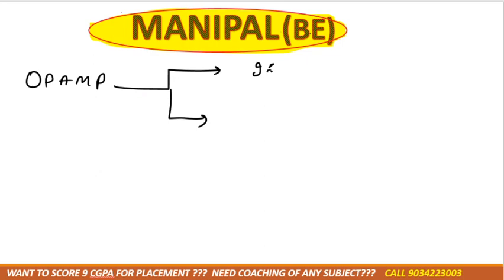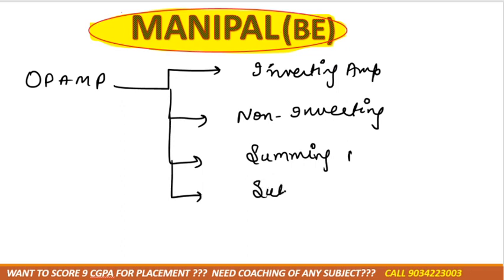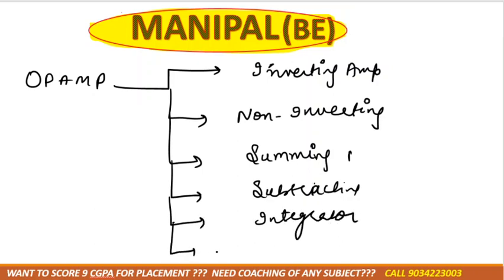One is the inverting amplifier, another one is the non-inverting amplifier, another one is the summing amplifier, another one is the subtracting amplifier, then we'll have integrator, and then we'll have differentiator. Okay,